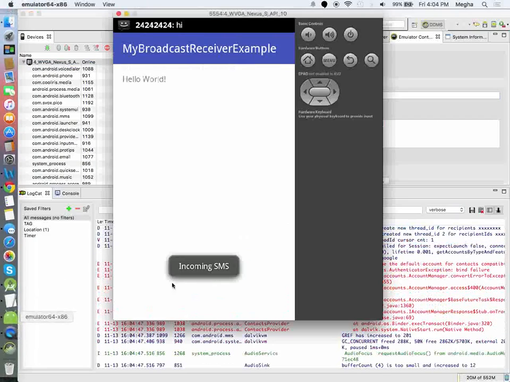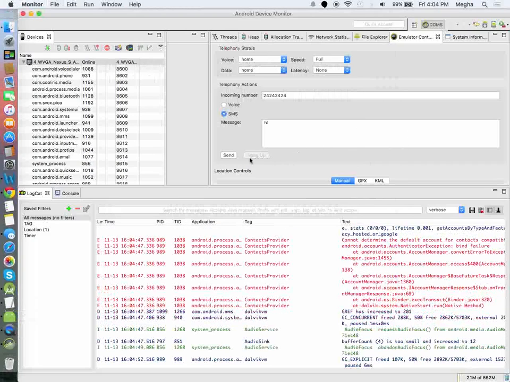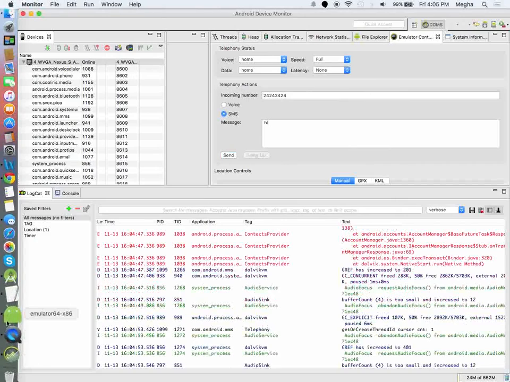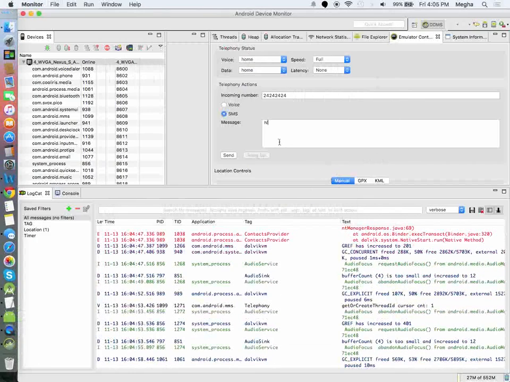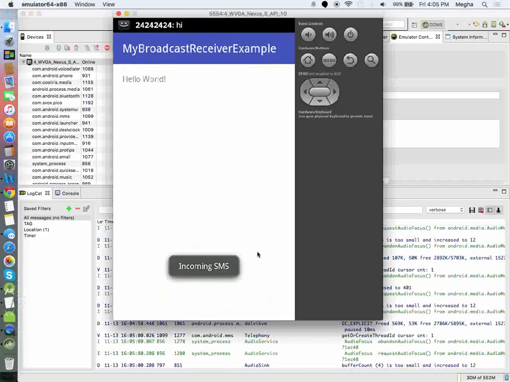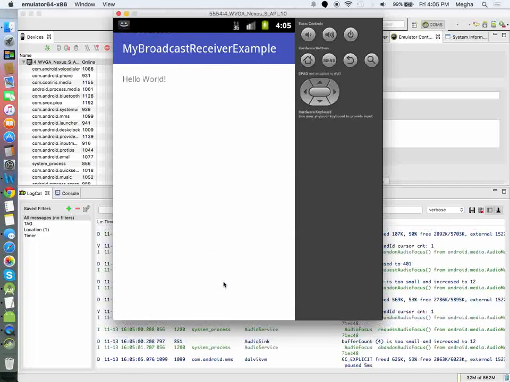I should be getting a toast. You notice the incoming SMS, the toast appear. Whenever I try to send SMS, toast is actually being displayed. So this particular device, or this particular application, is detecting any incoming SMS that has arrived,